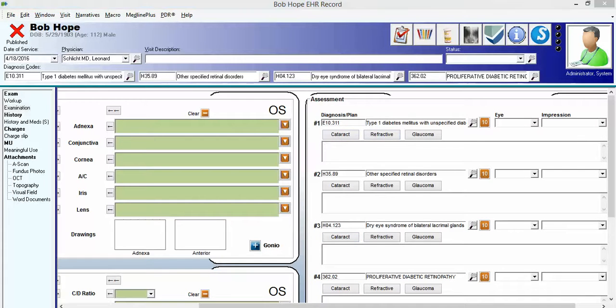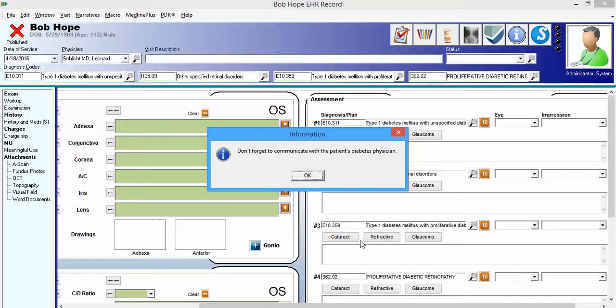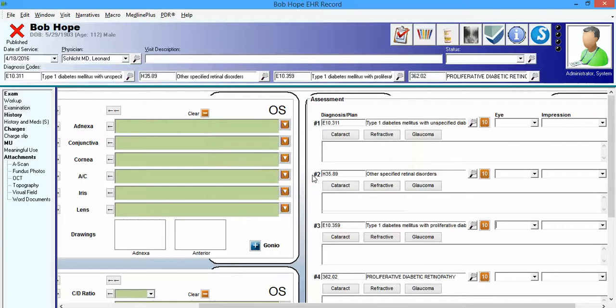This will also occur for codes E10.319, 329, 339, 349, and 359. So let's just put down here this code, and when I exit that by either clicking into another control or pressing tab, it will display the same informational message. Bear in mind,